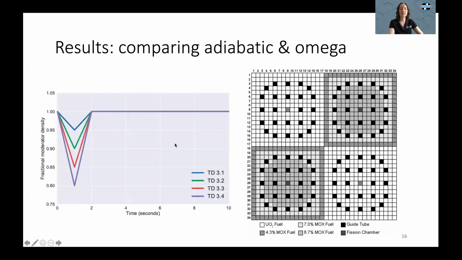The transient that is going to be carried out has to do with the density of the water. So if we have water density starting at 100% of its initial value, we're going to see that drop down to 80% over the course of 1 second, and then rise again back to the original value over the course of another second. There are several scenarios, but we're going to really focus on this most extreme case, dropping down